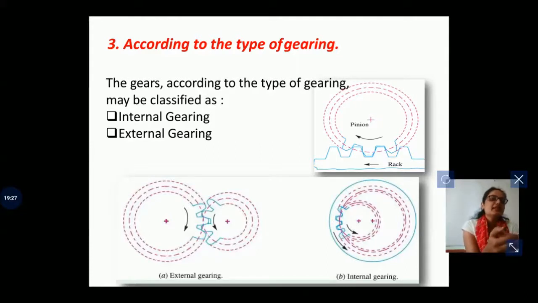And in case of the internal gearing, we have the crown or annular gear which has the internal teeth. So here in figure B, we have the big gear that is called annular wheel or annular gear, it has the internal teeth, and we have the small pinion. Small gear is called a pinion. So the pinion has the external teeth, and it mates with the annular wheel internally, and due to this internal meshing, the gears are rotated in same direction. When two gears are internally in mating position, then they rotate in same direction. As you can see in figure B, the internal gearing is there and the gears are rotated in same direction.